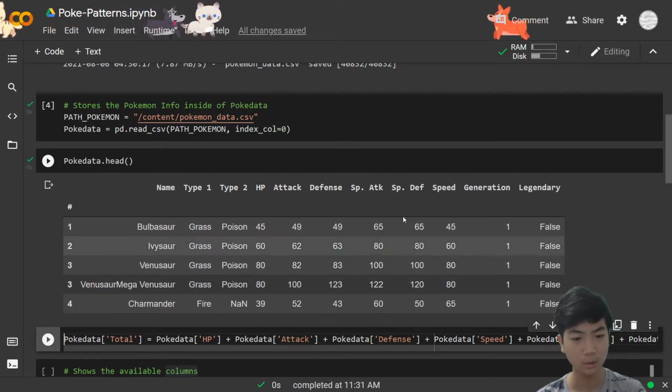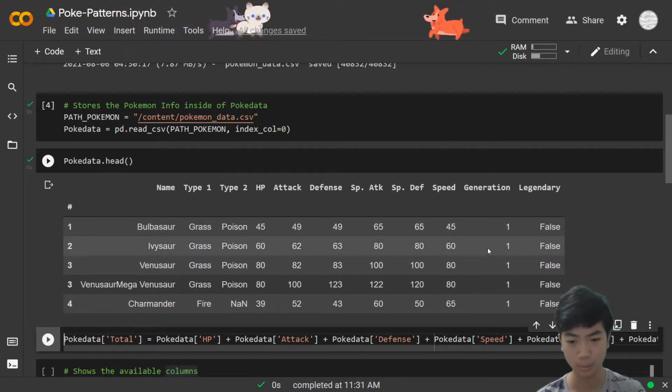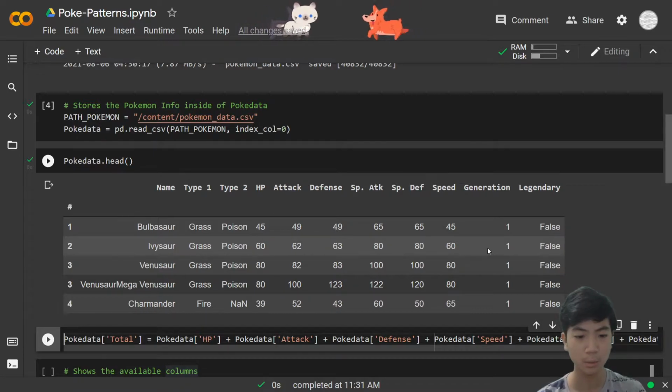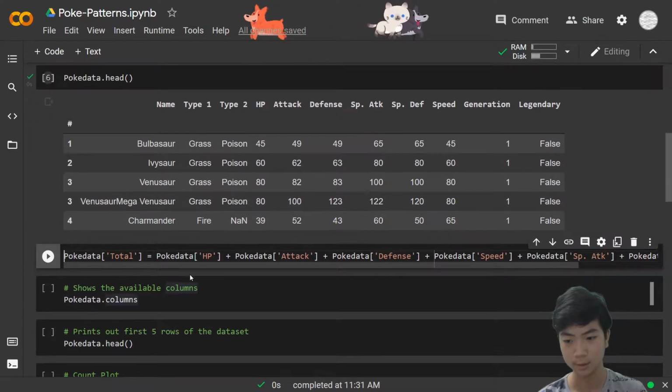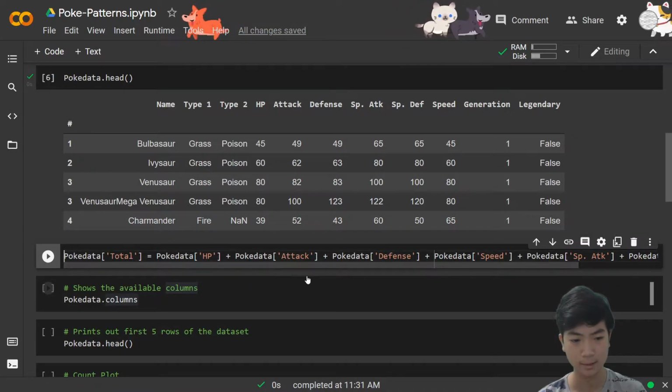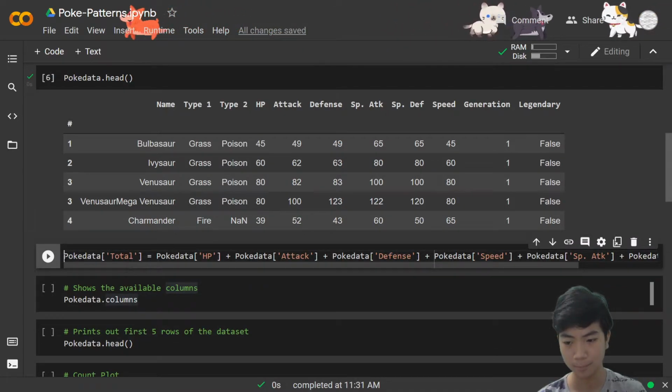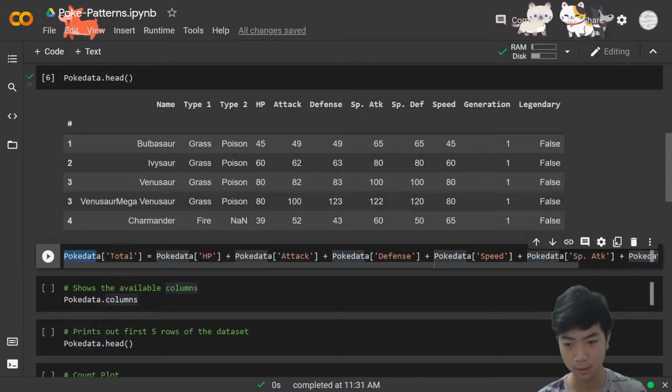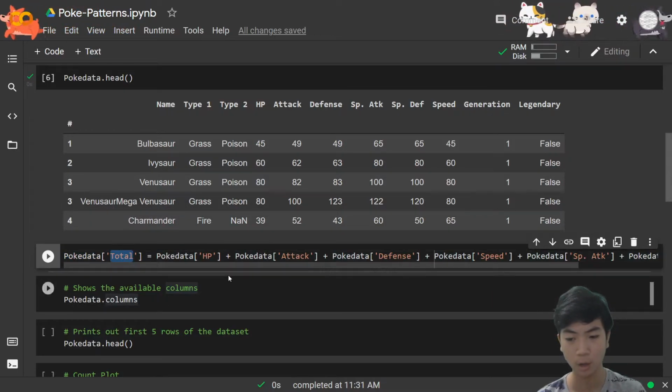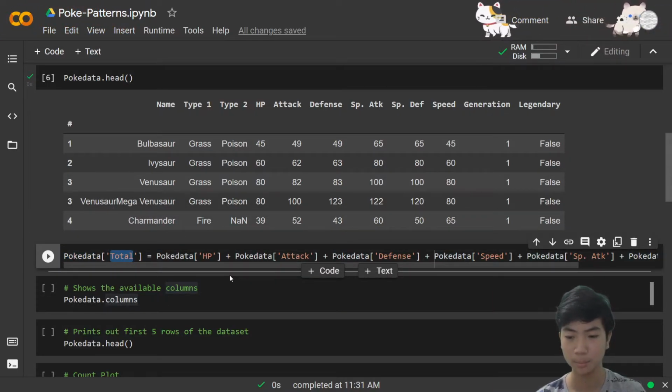I will combine all of these into one column, which I will call total. The total is just going to be the overall stats of the Pokemon. So in here, we're going to make that happen. We're going to have Pokedata brackets. Inside, we will name our new column. I named it total because it's what I want to name it. You can name it anything, like overall or